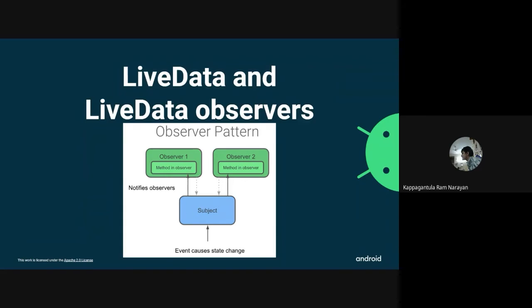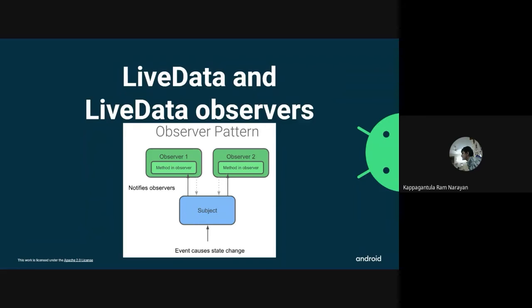A live data is an observable data holder class that is life cycle aware. For example, you can wrap a live data around the current score in the guess the word app. Let's say there is a variable that has your current score, right? Now you can wrap a live data object around this current score.